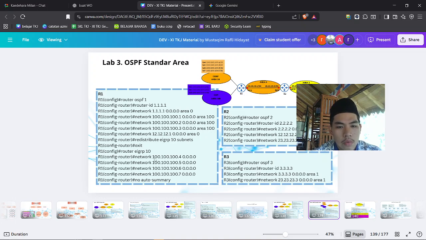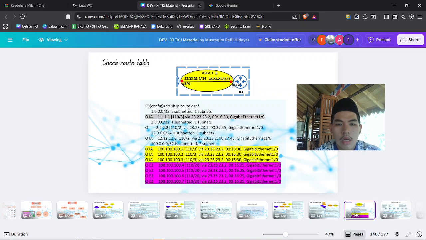Don't forget to put the network also here, and then in the second router it's a little bit the same. You just put the interface IP, and next is how to check the routing table.